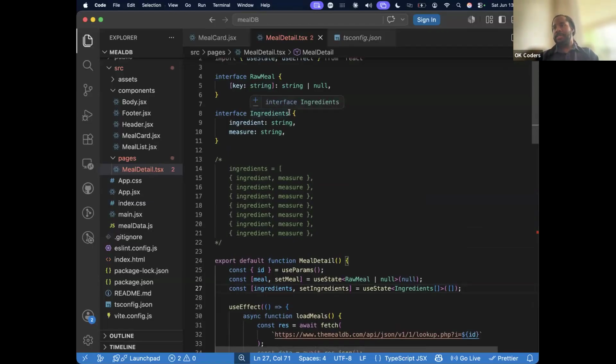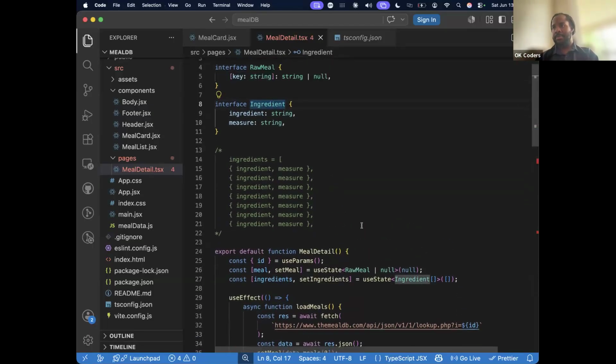So for the naming convention, oh, I see what you're saying. I did put ingredients. I think the more technical, the more accurate will be ingredient. I see why you're probably getting confused, because right now it'll probably make more sense if it was ingredient, because I said an array of ingredients would sound like it could be an array of ingredients that are arrays. So it could sound like that. So I think the more accurate version would be ingredient, and then with this capital one,